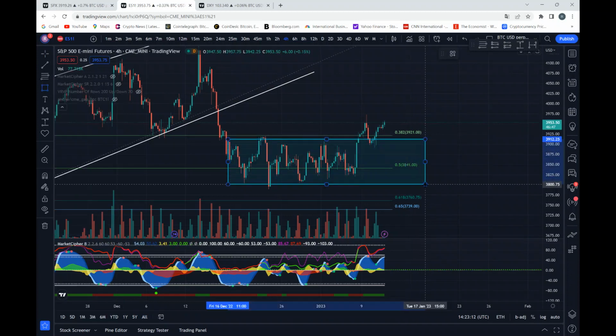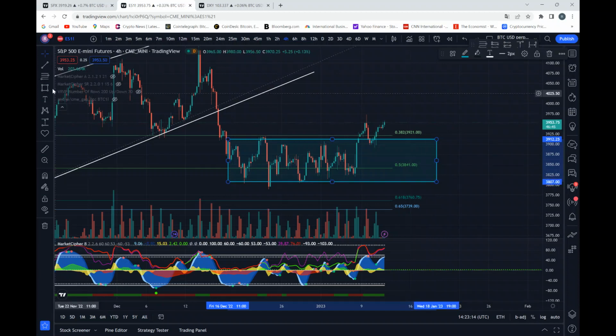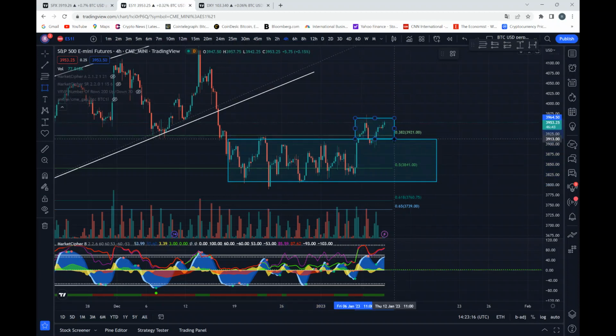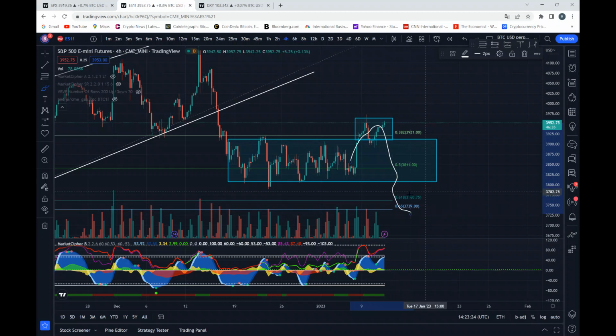So if I make a block like this, then you can see that this looks like we are just entering a bit of a deviation, and then eventually, let me get the brush again, we're going back down, and then usually you break it to the downside. But this is to trap the long traders thinking we're having a breakout, and eventually it goes lower, and then we're seeing much lower lows.